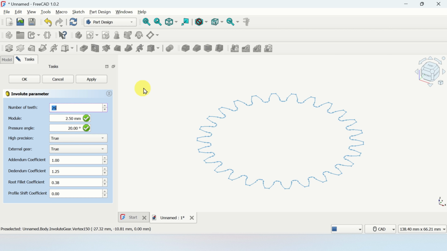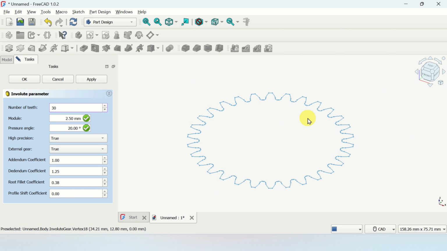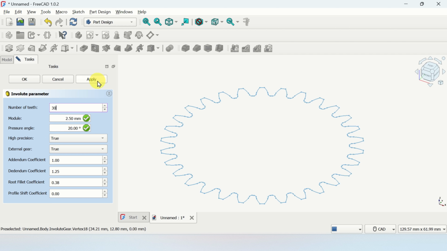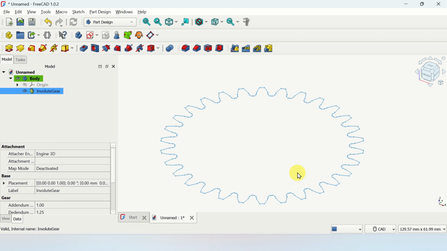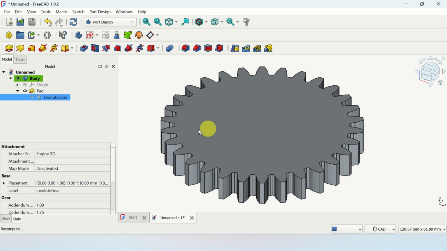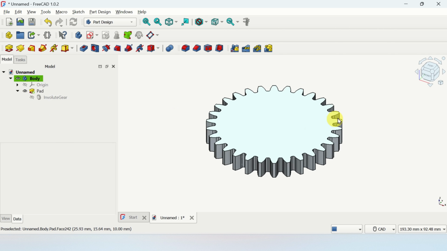Okay, so let's start with the number of teeth. I'm going to first of all design the main gear, and I will assume the number of teeth to be equal to 30. Okay. Then I will keep the module as it is, and I will click on Apply. And then OK. And let's see what happens now. You have a 2D sketch of your gear. The next step is to actually extrude this. To extrude this, make sure that you click on Involute Gear and then find this pad or extrude option and click here, and let's keep the default setting, that is, let's keep 10 and let's press OK, and that's it. This is our first gear